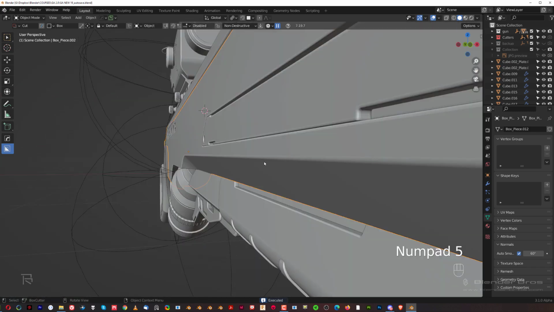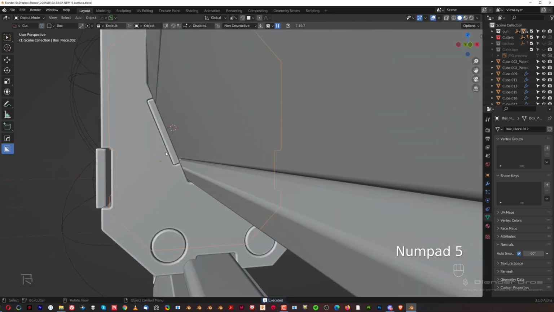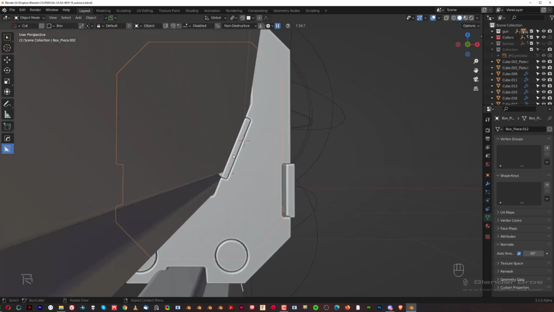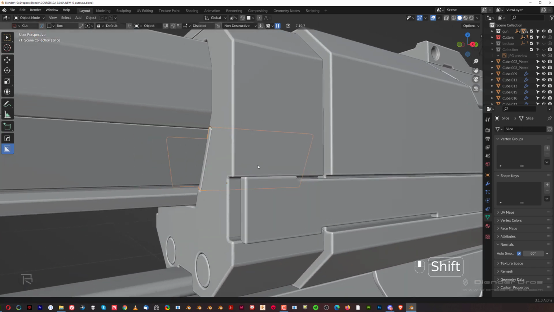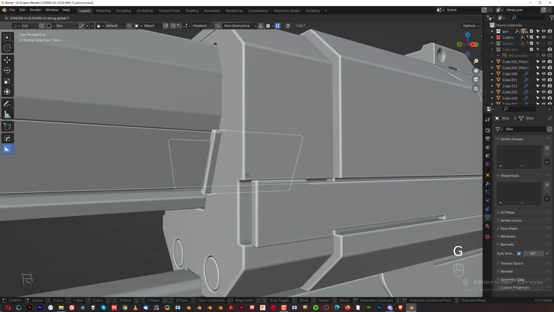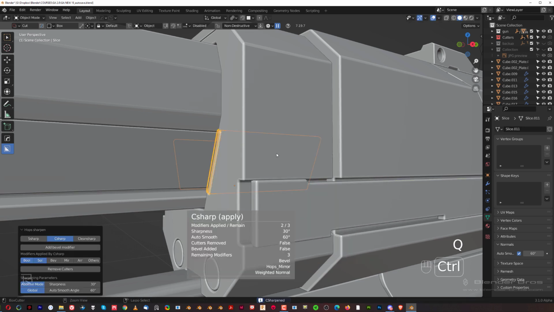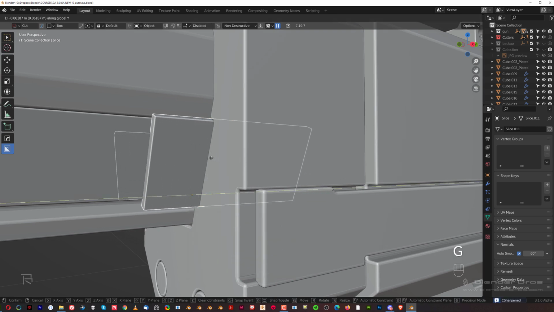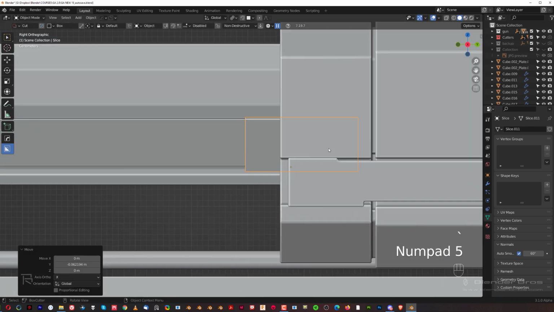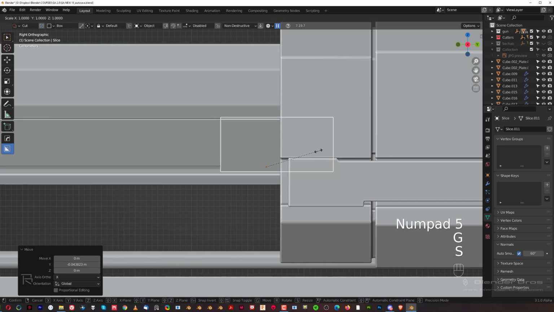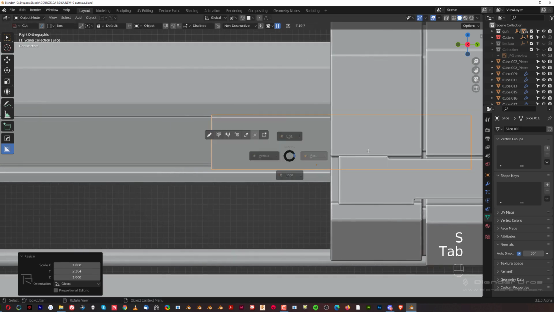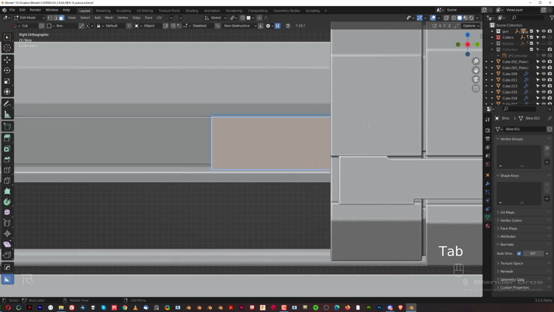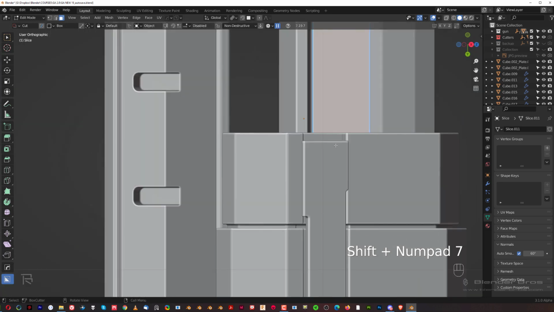And this should be mirrored to the other side. It already mirrored automatically, which is great. And we could inset them a little bit or outset them, you know, so G, Y, and move it out, for example, right? So sharpen it and let's just lower the bevel and G, Y, and move it out a little bit further, like this, and select this face and then Shift 7 on the numpad,